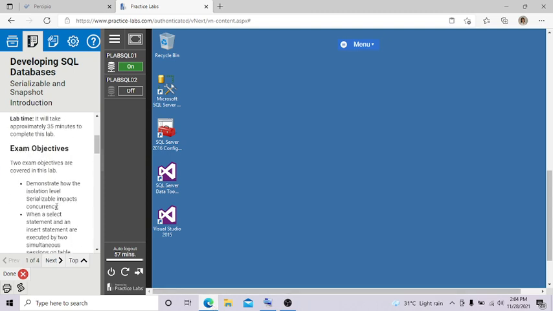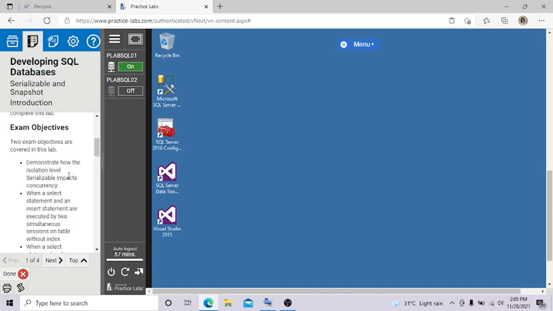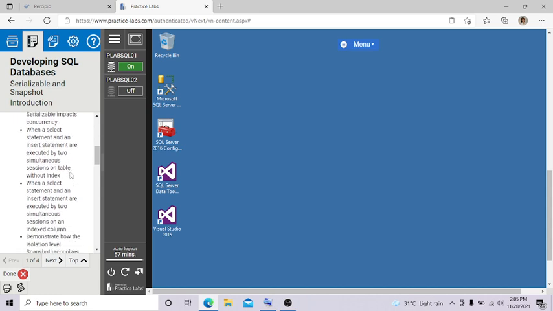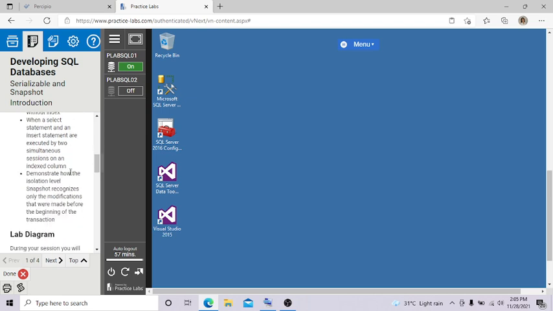Exam objectives. Two objectives are covered in this lab. Demonstrate how the isolation level serializable impacts concurrency when a select statement and an insert statement are executed by two simultaneous sessions on a table without index, when a select statement and an insert statement are executed by two simultaneous sessions on an index column, and demonstrate how the isolation level snapshot recognizes only the modifications that were made before the beginning of the transaction. Next,